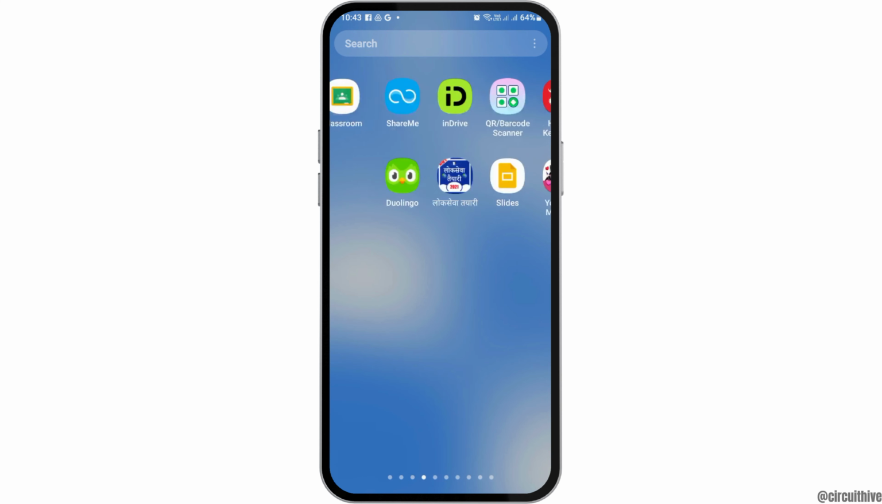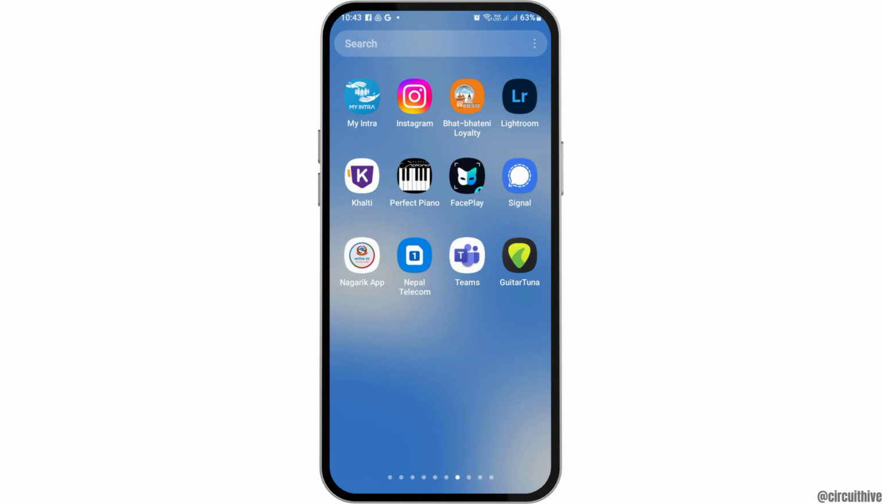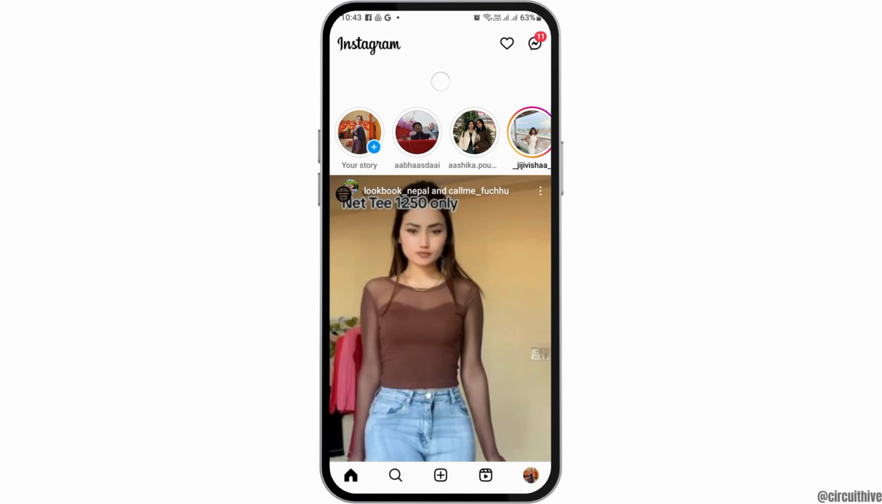For this, first of all, you have to launch the Instagram application on your mobile device. You can either scroll left or right to find the Instagram application or go to the search icon on your mobile device, search Instagram application and find it. After you find the Instagram there, you have to tap on Instagram like this